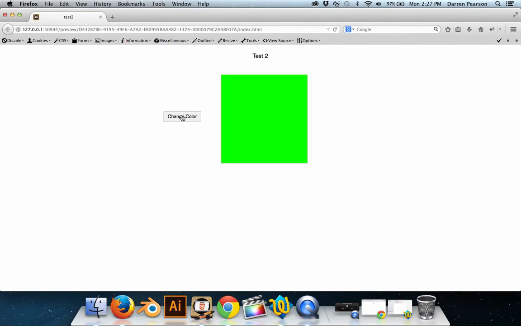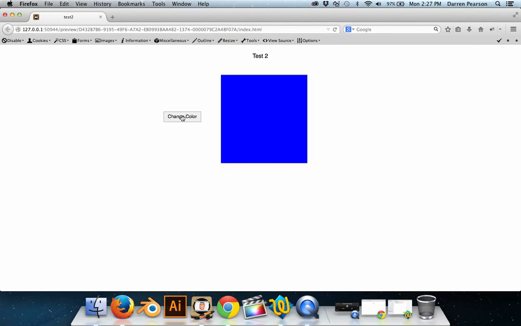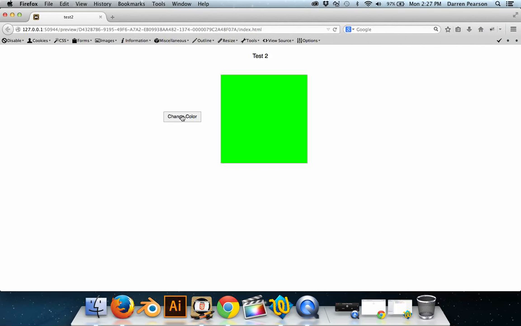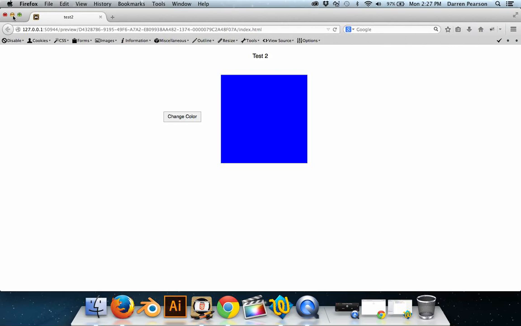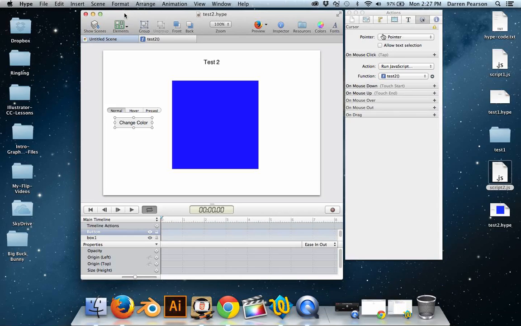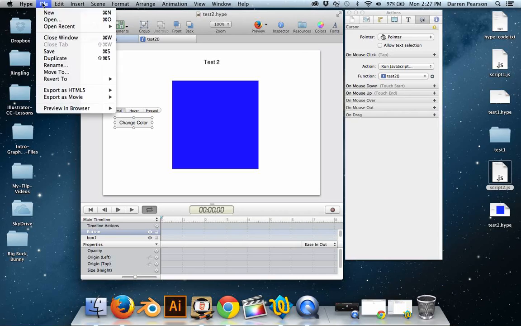If I hit it again, red to green, green to blue, blue to red, red to green, green to blue. So that's just cycling through those 3 different states. We could obviously add more states, but I'm just showing a very, very simple test on how to do this. So life is good, file, save, export as HTML5 folder,